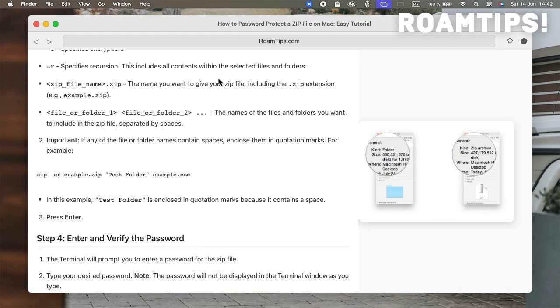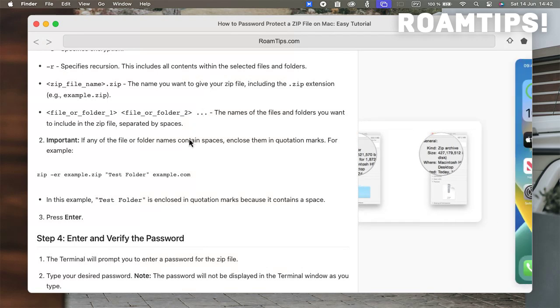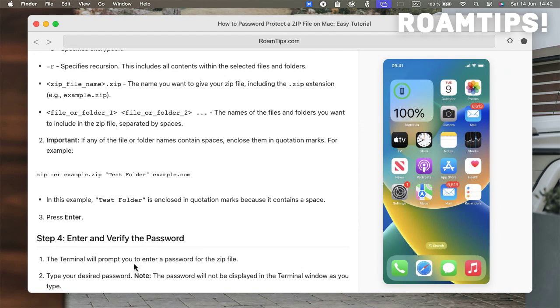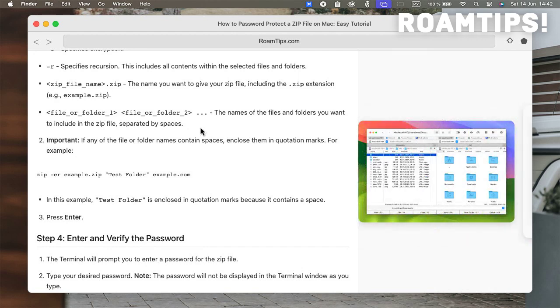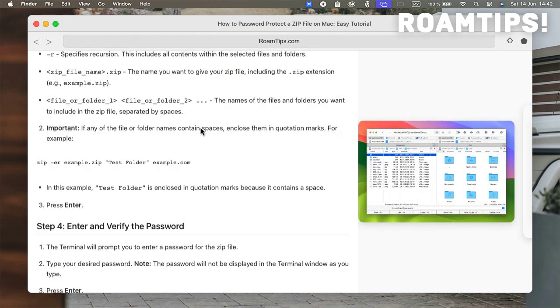Press spacebar, and then add the next file or folder you want to include. In my case, it's example.com. So, I'll type example.com. Be sure to include the extension. We've included all the files and folders we want. Press Enter. Now it will prompt you to type in the password you want to use to protect your zip